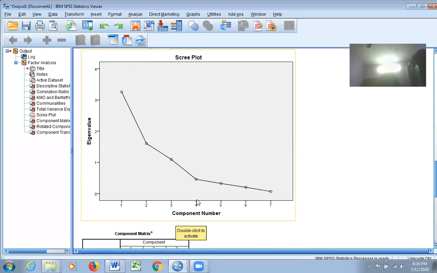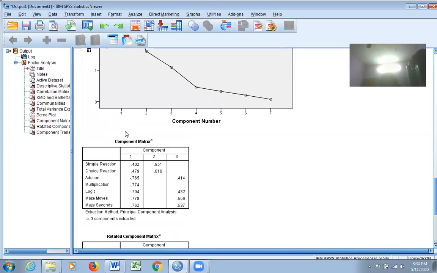Third factor, okay. Fourth factor onwards, it shows a similar line. It's not much difference. So by seeing this scree plot, you can decide whether you can have 4 or 3 factors for this particular question. So you decide. If you want to have 4, you can go back and fix 4 as the number of factors. You can rerun the analysis.